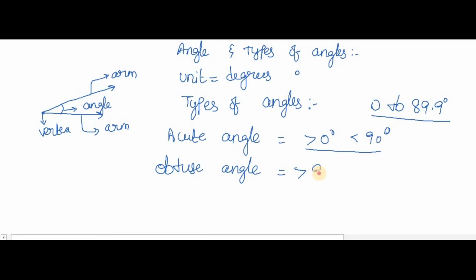Obtuse angle is nothing but greater than 90. The value should be greater than 90 and less than 180. Then I can say all those angles belong to obtuse angle. And next is